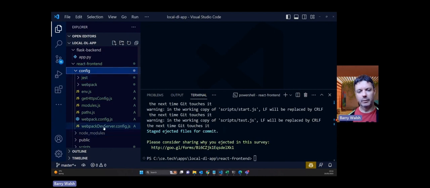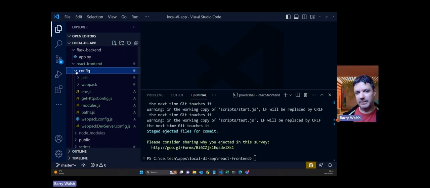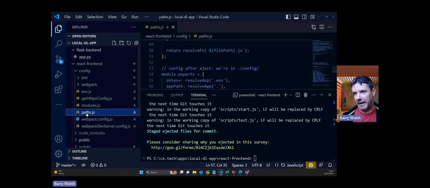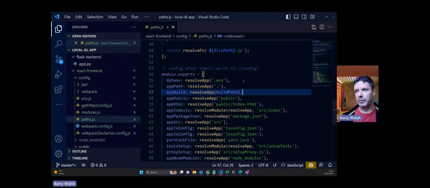This config folder is largely where we're making these changes. If you're following on the web page, it's part 4 of stage 2, unpacking and making changes to front end. Okay, so sub-step 1 is to set the path for Flask. To do that, we need to go into the config folder, the one that's just been created effectively. There's a file called path.js in there. I'm just going to close for now the terminal there, and